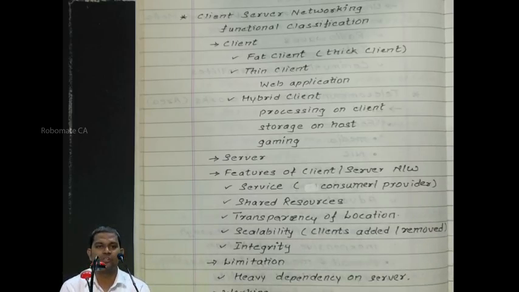Then we have shared resources. We have already seen this concept. All the data, all the hardware, all the software will be stored on the server, and the server will be sharing all those resources. Then transparency of location. The server has the records about where exactly a node is situated.